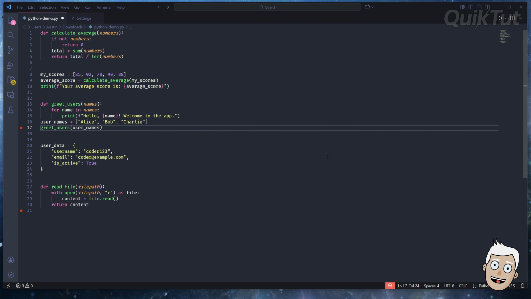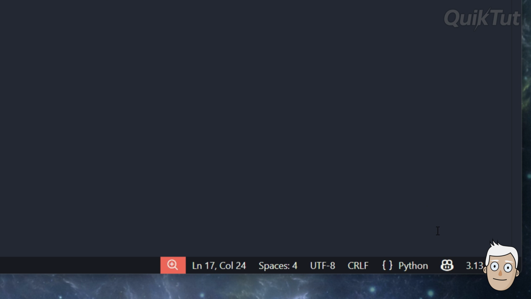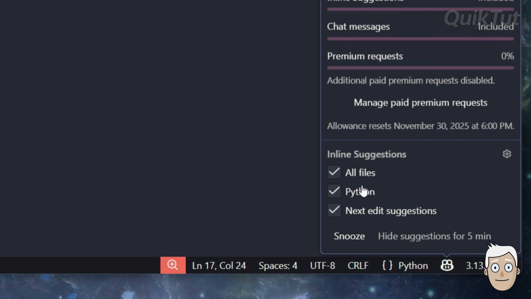Alright, so the fastest way to do this is right from the status bar. Look at the bottom right of your VS Code window. You should see a small Copilot icon down there. Just click on it. From here, you can choose to disable suggestions globally, or just for the specific language you